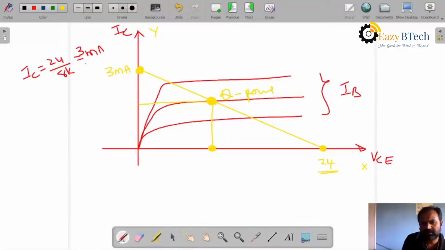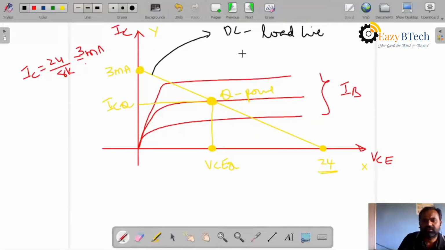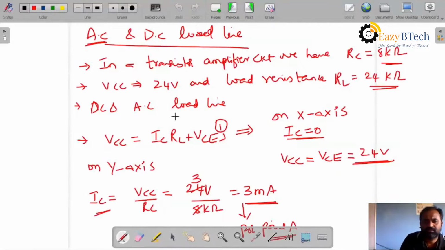This point we will call ICQ, and this we will call VCEQ. This is for the DC load line. From the given problem, if you want to find the AC load line, what do we have to do? The formula for that is